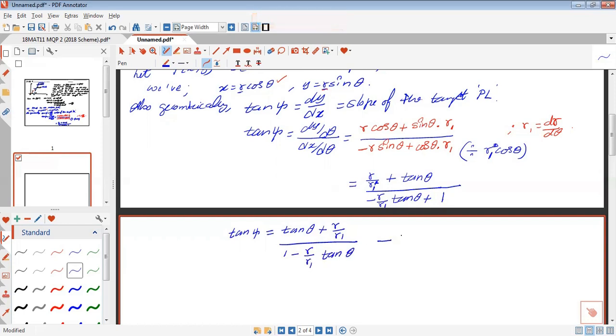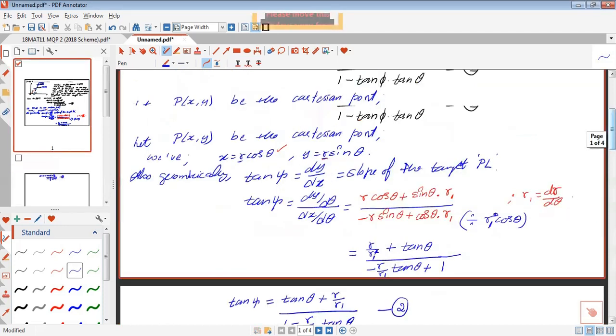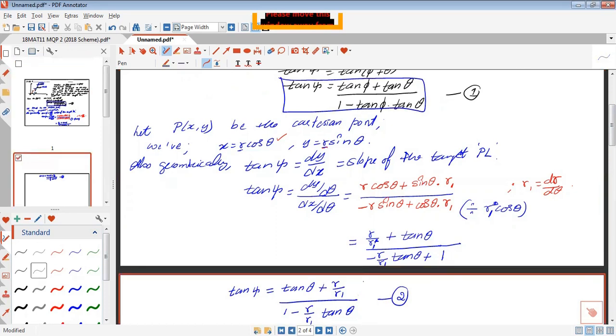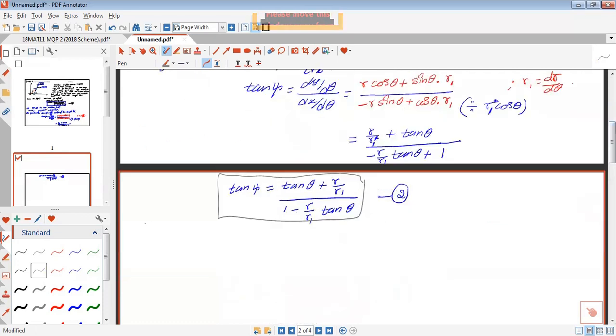Now take this equation as equation number 1. Now comparing two equations, equation number 1 and equation number 2. See, equation number 1 we have here and the second equation. Compare these two equations. So on comparing equation number 1 and equation number 2, we have